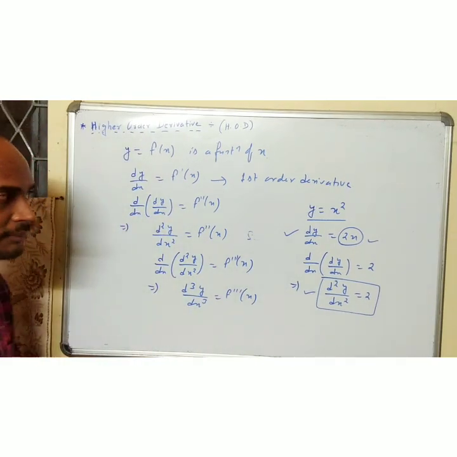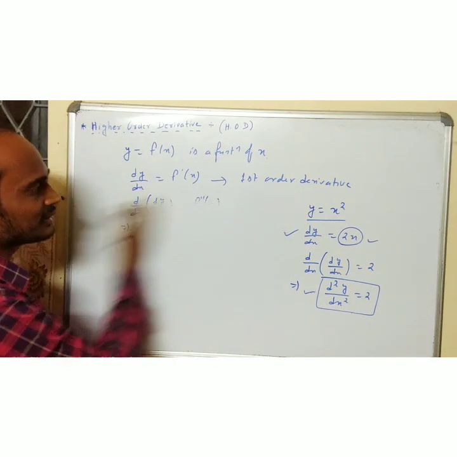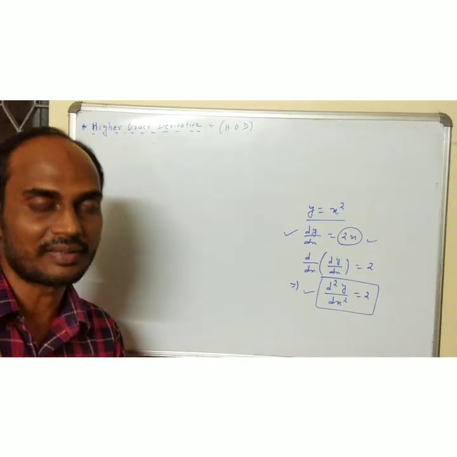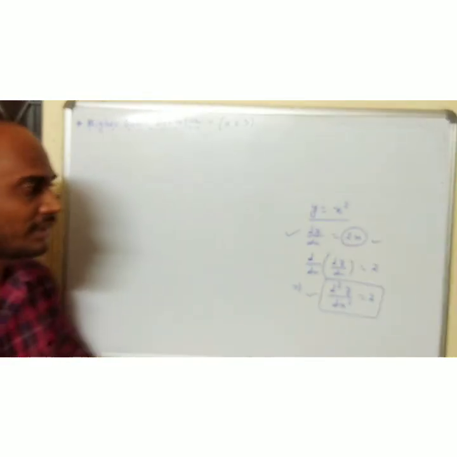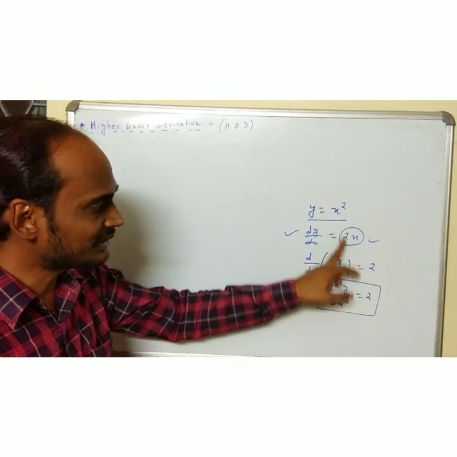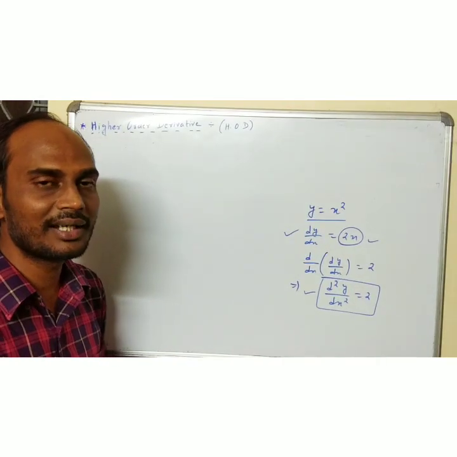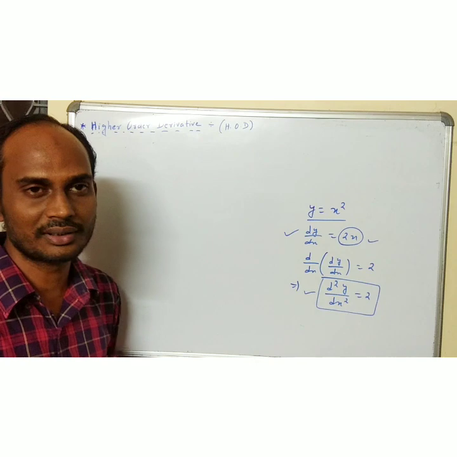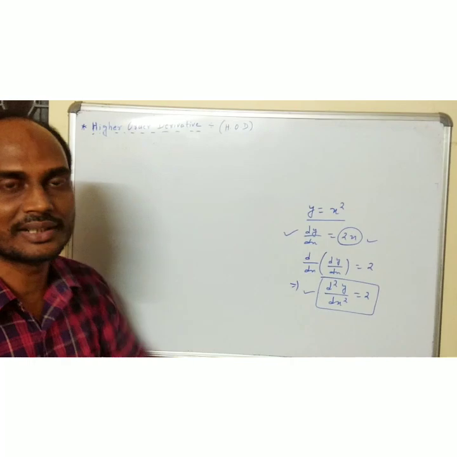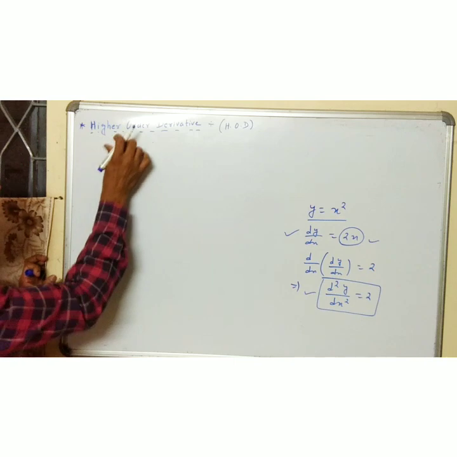Before going to the chapter in detail or doing some questions, we should know some notations of the second order derivative. What are the symbols that we use in the second order or higher order derivatives? Remember one thing also: if a function is differentiable in the first part, in the second part it may or may not be differentiable. It is not the case that all functions have a second order or third order derivative. Some functions are not differentiable further, and only the first derivative exists. I will give you some examples of that also, but before that we should know the symbols.